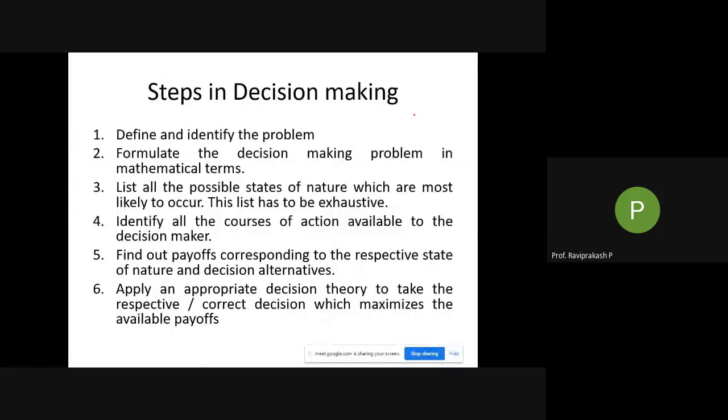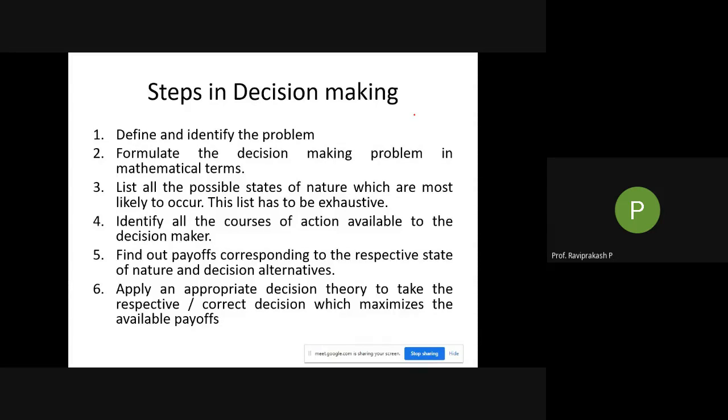Next, formulate the decision making problem in mathematical terms. What do I mean by mathematical terms? Like the different alternatives I gave you. That comes later, because we are not taking anything quantitative into consideration yet. We are trying to formulate a decision making problem in mathematical terms, so there should be some numbers. Till now we have not reached there. In terms of numbers, we need to formulate the decision problem.